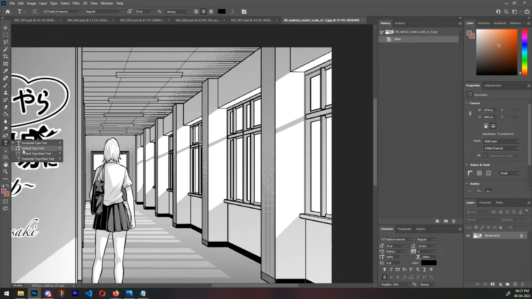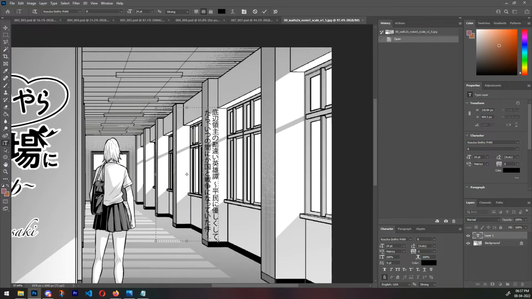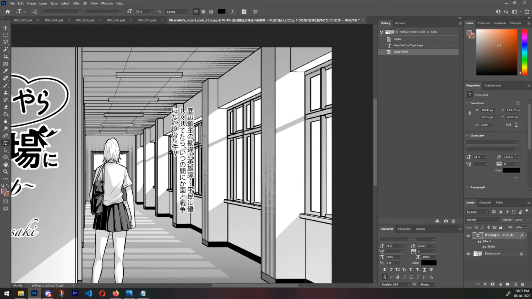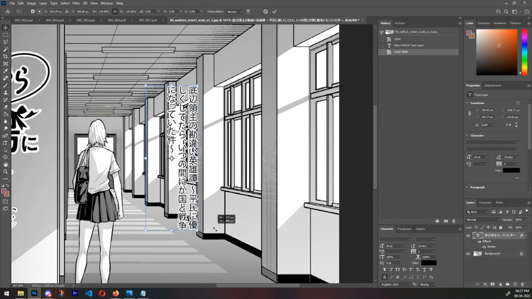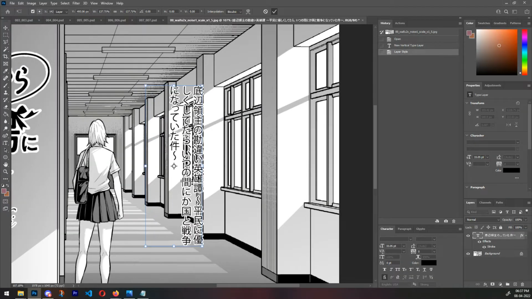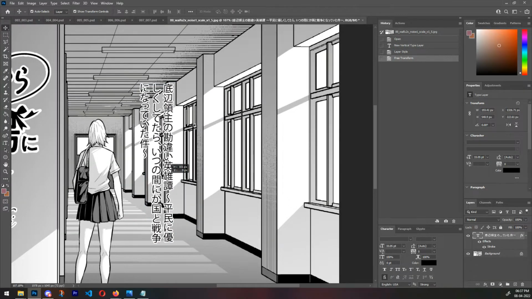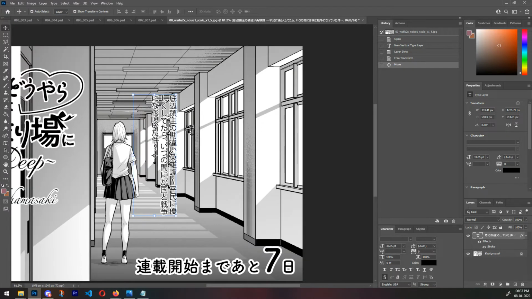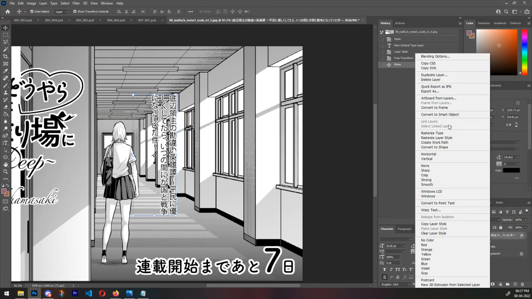I'm gonna use the vertical type text tool and just type some Japanese. Now, I just used an already made action, which is basically a stroke action. So now it is like this. Okay, so I'm going to rasterize it now. Rasterize layer style,